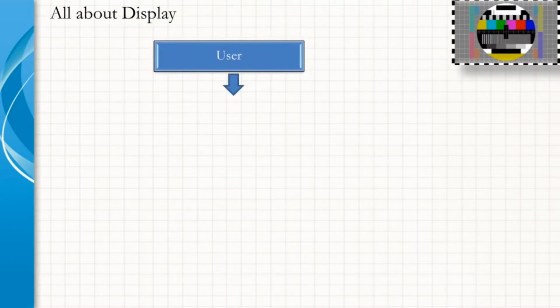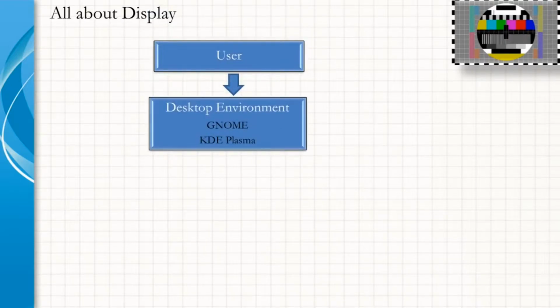The first thing is the user interacts with the GUI, also called the graphical user interface. He interacts with the desktop environment. The examples could be GNOME, KDE Plasma, Mate, Cinnamon, etc. The desktop environment requires both X Windows and a Window Manager. A desktop environment typically consists of features like icons, windows, toolbars, folders, wallpapers, and desktop widgets, and functionalities like integration with applications, panels, system menus, drag and drop capability, etc.